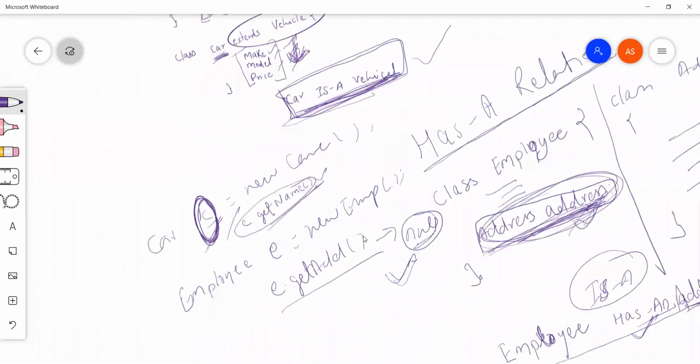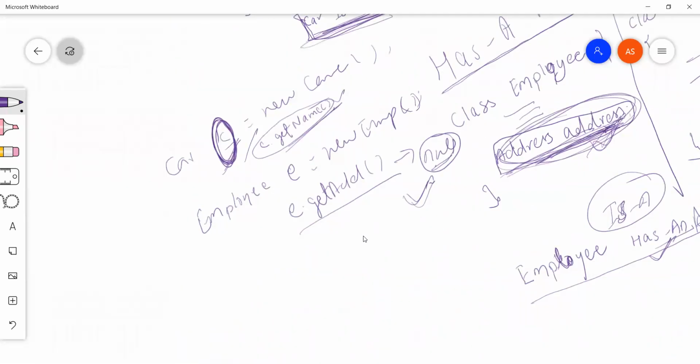But when you say new Employee like this, you haven't injected it inside this Employee class. So if I say e dot getAddress, it is not yet injected, it is null. But yes, for example, if you are passing that address object while creating the employee, then obviously we can say yes, it is there.